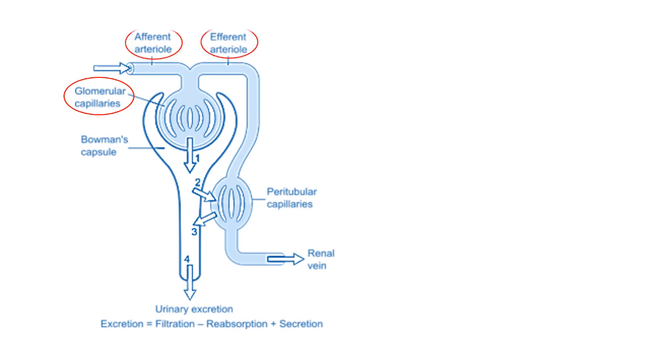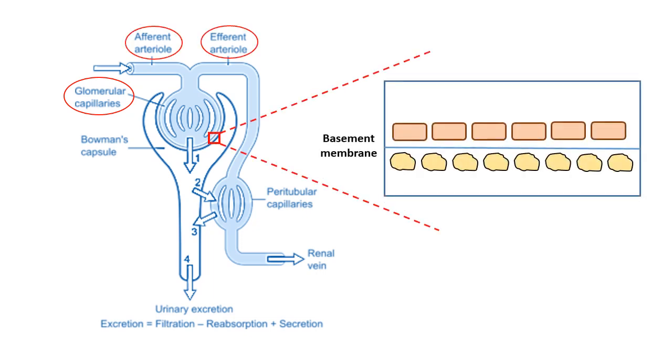Basically, what we have in the kidney is the glomerulus with its afferent and efferent arterioles, which has a basement membrane, capillary endothelium and podocytes, which don't allow any cellular products like proteins and RBCs to pass through.